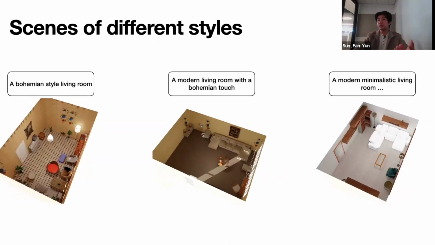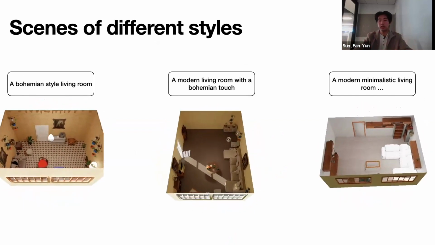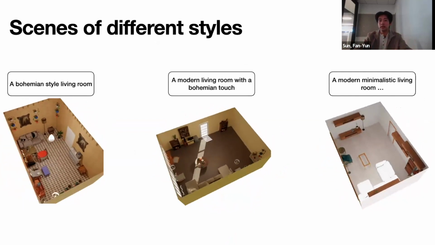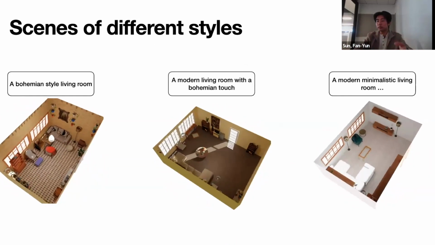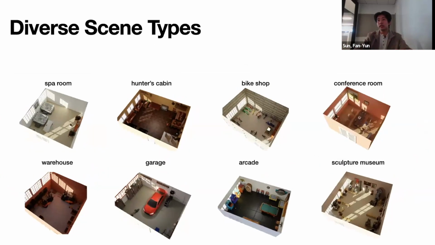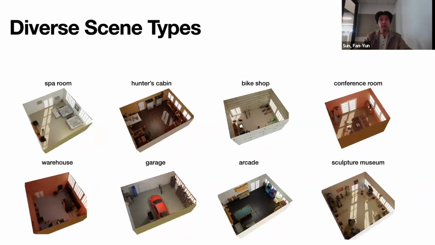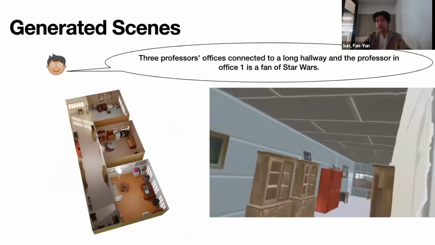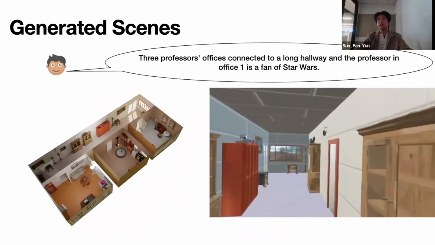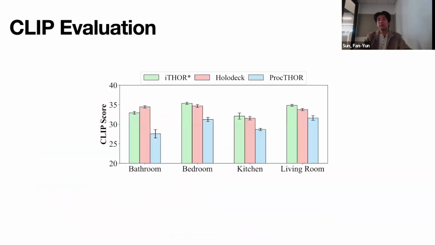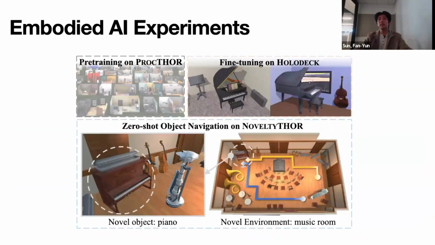So some results, just basically language guided environment generation. These environments are interactable. You can put robots inside. We can generate diverse scene types from just language input. And we can put these scenes into VR and walk around in it. But for the experiments, we compared with baselines on CLIP scores, in human evaluation, and the